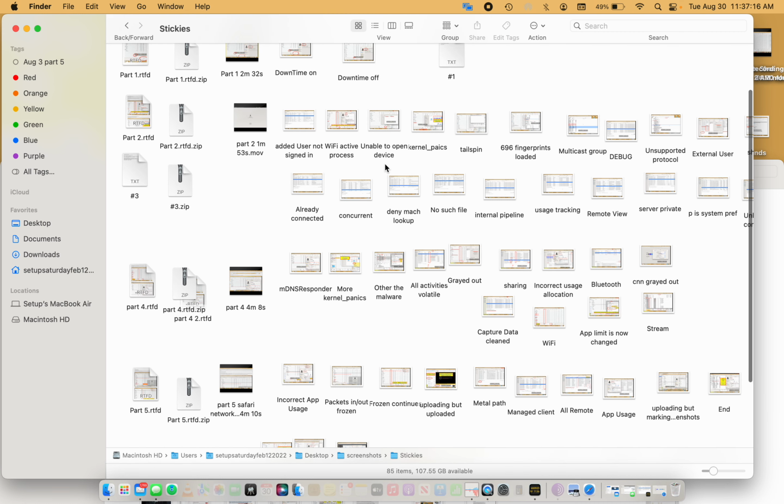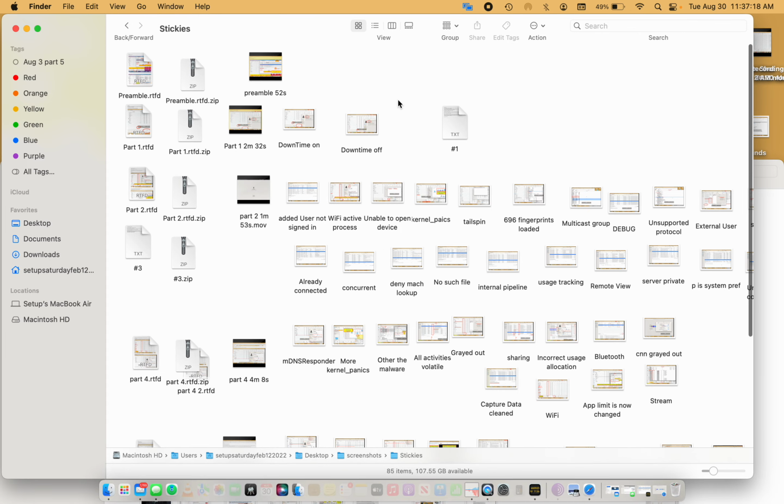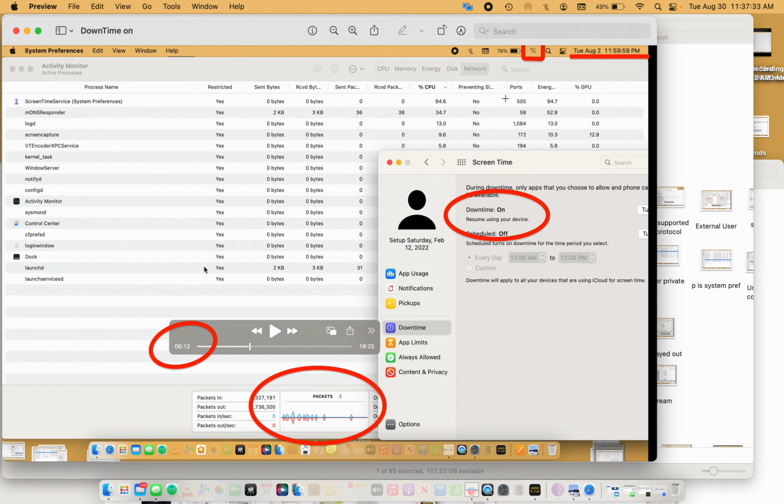Apple, engineering, had asked me to do some stuff for them to document how I'm using the Mac, and I documented everything for them. And one thing that has continued even after the supposed 12.5.1 is at